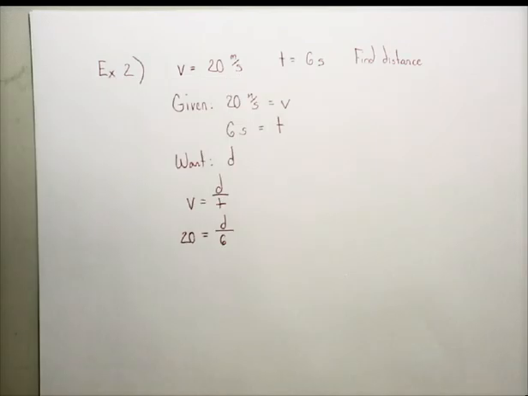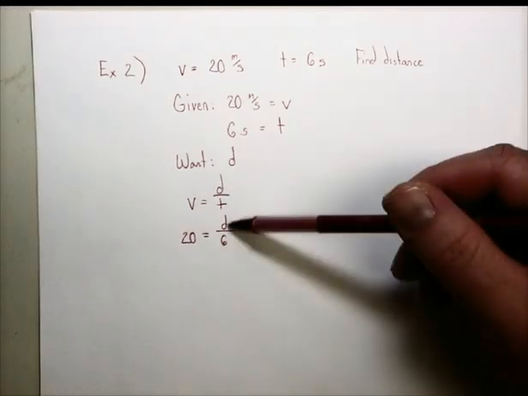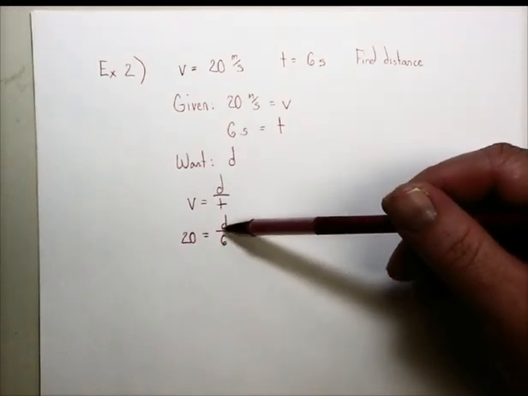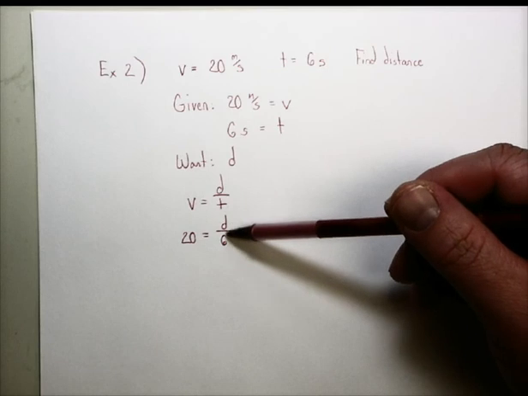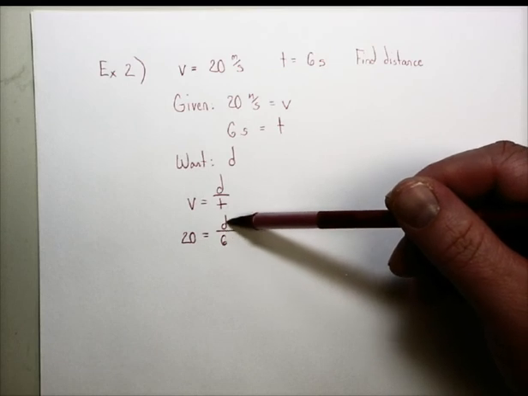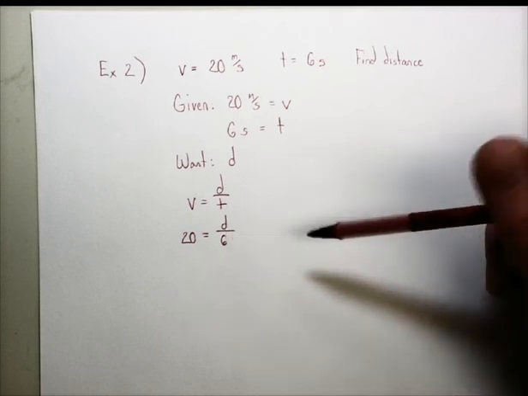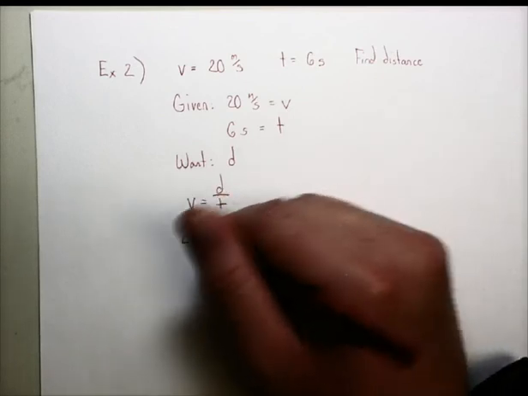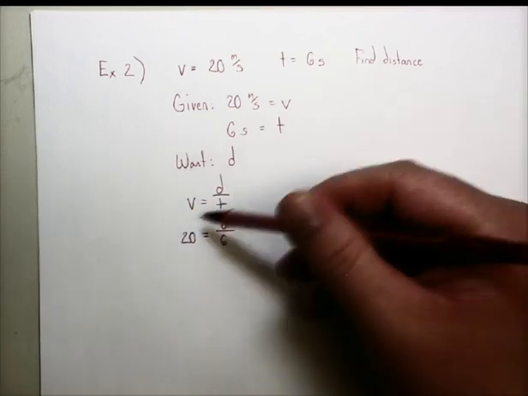Now in order to solve this, all I have to do is get that d by itself. Remember, that's the whole idea, is to find out what d is. So what I'm going to do is undo whatever I've done to this d to get it by itself. I've taken this d and divided by 6, so to undo that, I'm going to take the d and multiply it by 6. And so what I find when I multiply both sides of the equation by 6, because what you do to one side you have to do to the other,